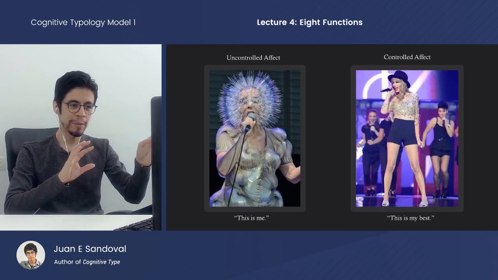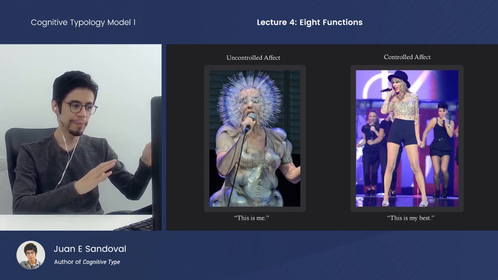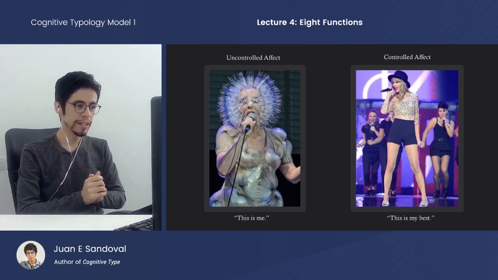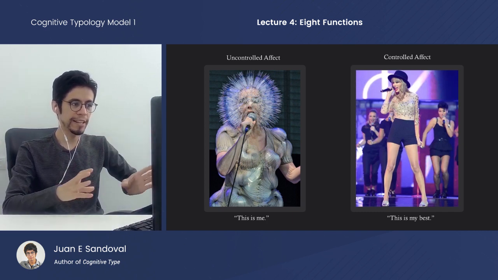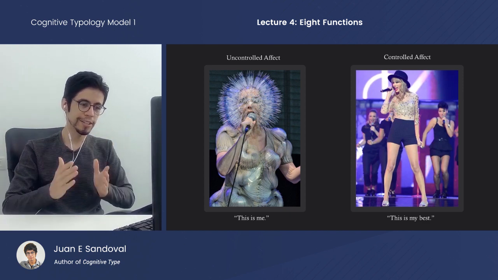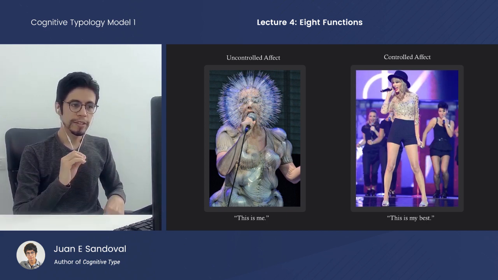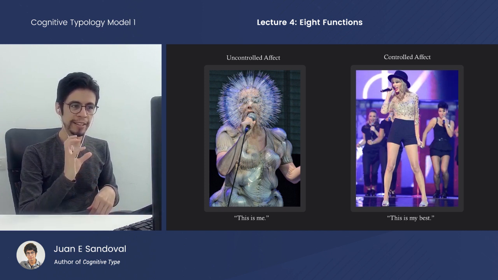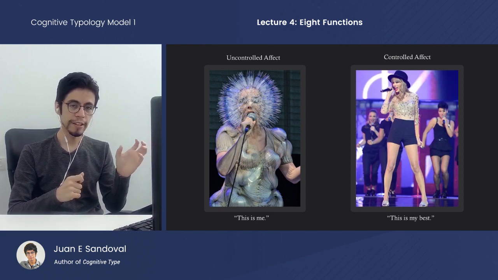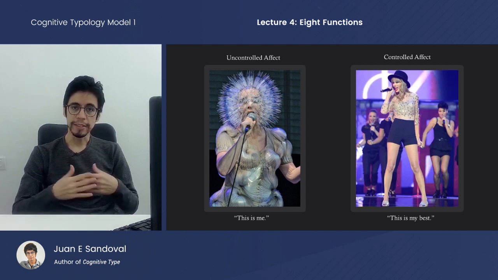So just like I did with the JE types, to give a little anecdotal comparison here, on the left-hand side we have Bjork giving a presentation where she's expressed in a way that suits her, that feels like her essence, and the message that we get from that is, "This is me." Kind of like she is embodying her truth. Whereas Taylor Swift here on the other side, the message that she gives off is more, "This is my best." She's trying to give a more pristine presentation, which is more analytically controlled versus the more spontaneous, uncontrolled expression of Bjork. So the difference here, again, isn't a matter of what they do, but in how they do it.